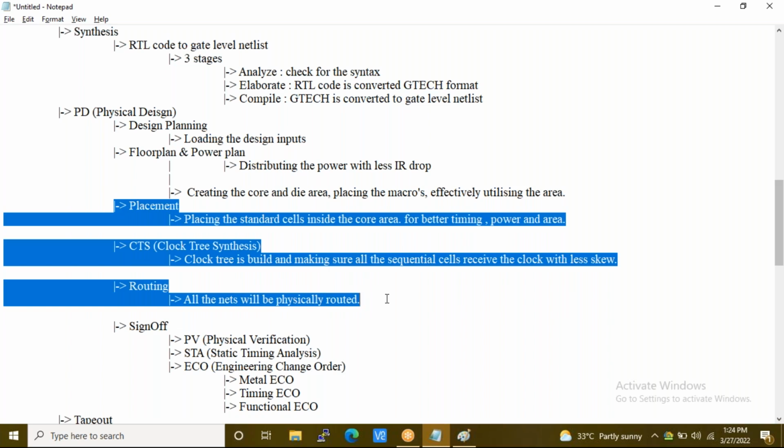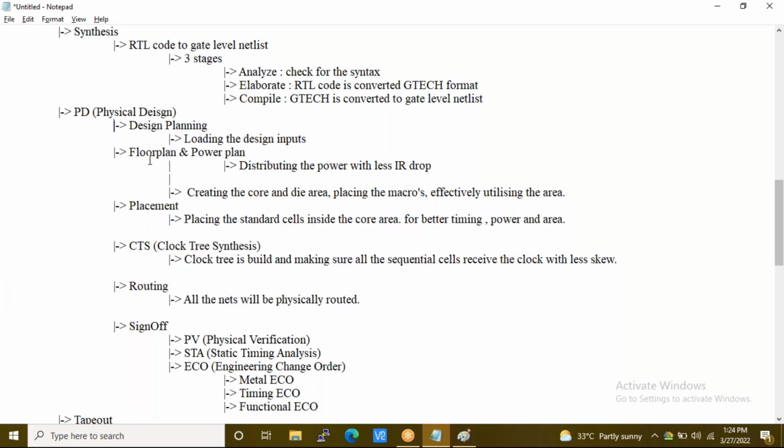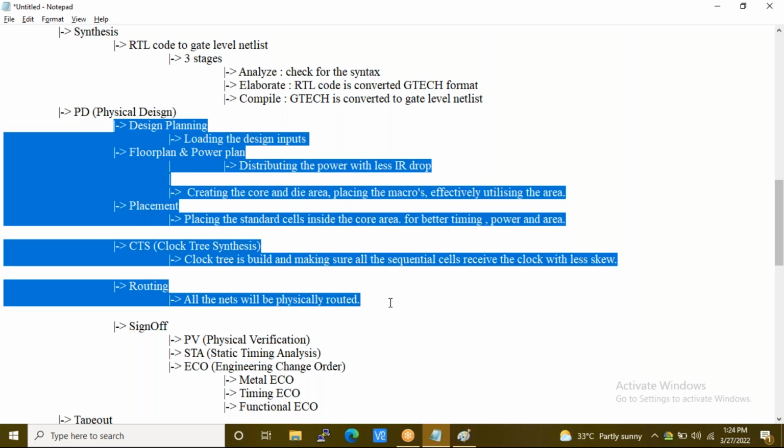When they say you are a PD owner, that means you are going to do the complete flow. Don't worry, everything is automated, but the fixes are very critical. You have to analyze very thoroughly and then do it.